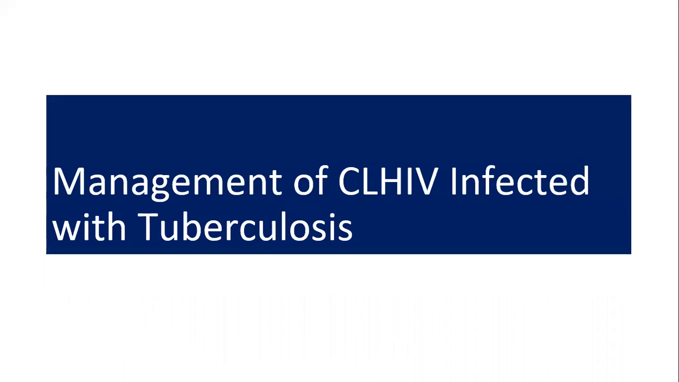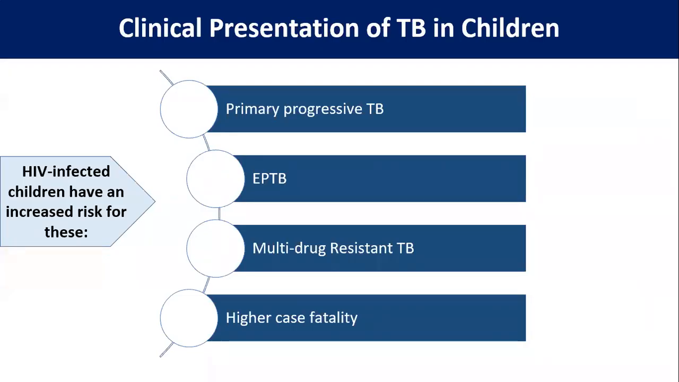Now, coming to CLHIV infected with tuberculosis. First of all, the message is that in a pediatric patient, many a times, a patient can exhibit signs and symptoms of tuberculosis, but this may be due to some other causes of respiratory tract infection. Say, for example, it can be pneumonia, tonsillitis, upper respiratory tract infection, lower respiratory tract infection, other than tuberculosis also. So it is best to consult with the pediatric department for the evaluation of tuberculosis in a